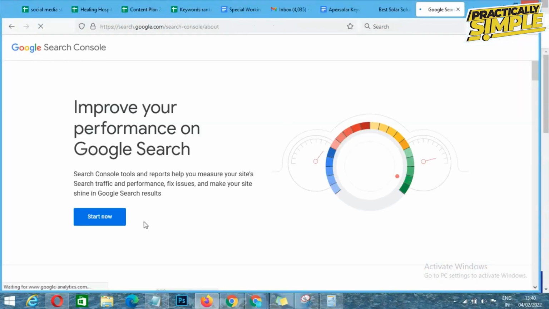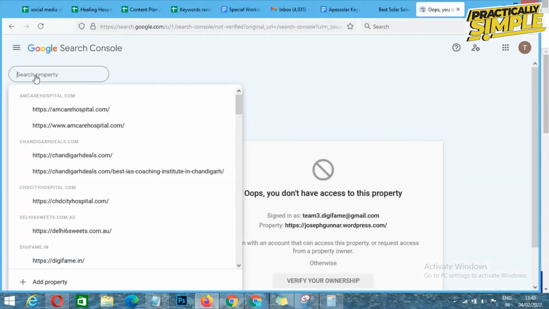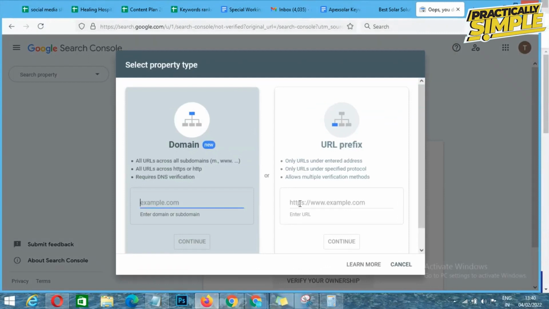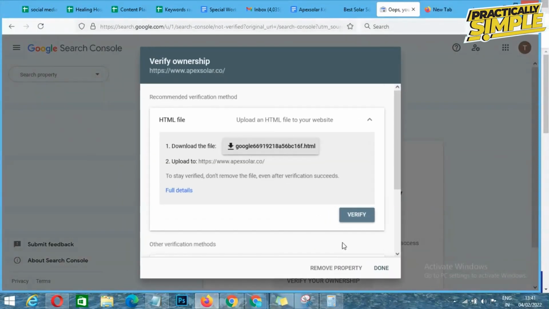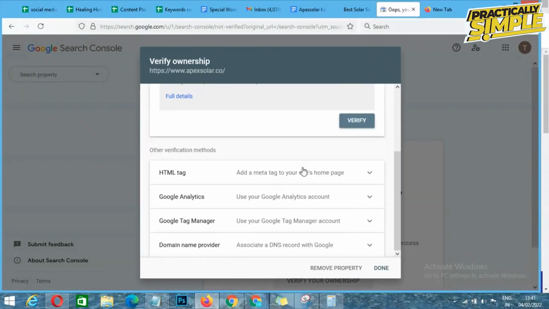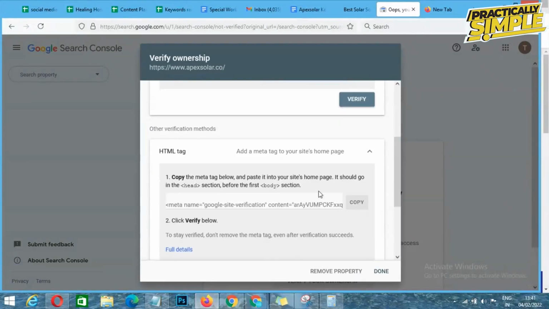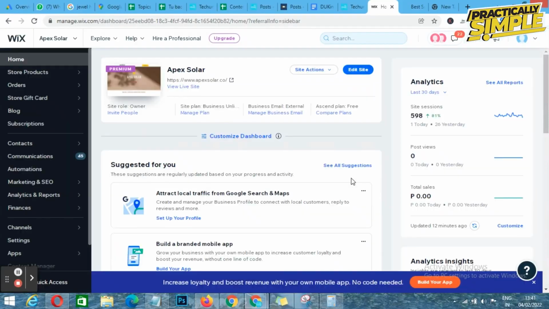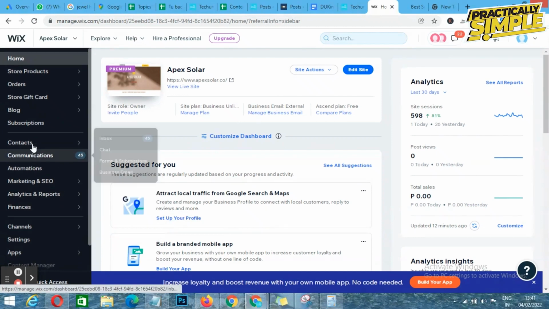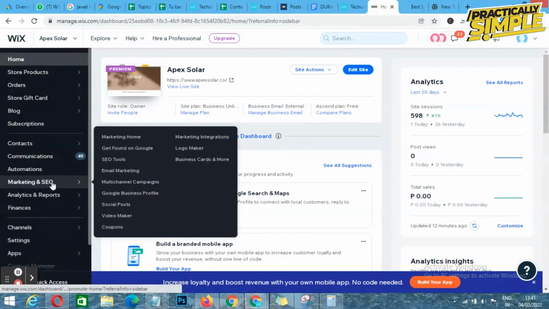Click on Start. After opening this, you have to tap on this add property and you have to paste the URL link of your website. Tap on continue. And after tapping on continue, we have to verify the website. For this, you have to go on your website and HTML tag. So you have to copy this HTML tag and in Wix dashboard, go for marketing and SEO and tap on